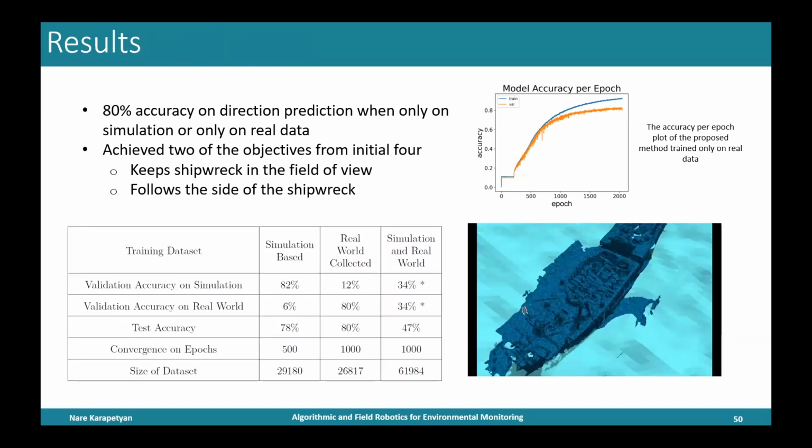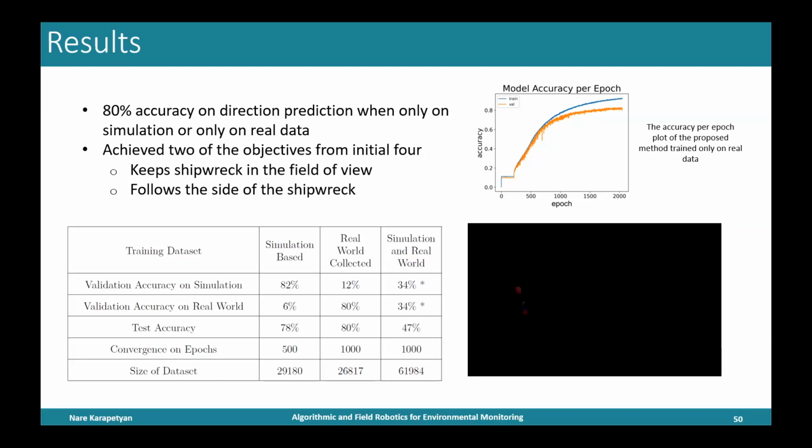Our results have shown that we have 80% accuracy on the prediction of the direction when we use only simulation or only real data. One of the reasons that we see low accuracy on combined data is that the real-world data and the simulation data that we had did not correspond to each other. One way that we can resolve this problem is to have GAN-generated environments for the simulation that will have a much closer texture to the real-world environments. But our model was able to converge after only 500 epochs,